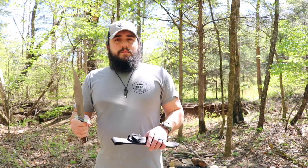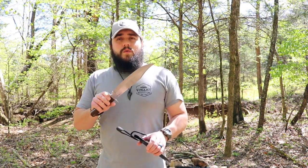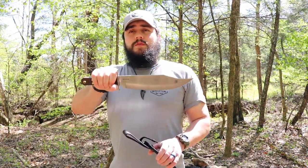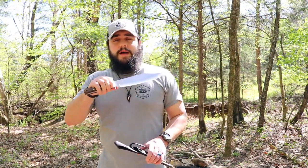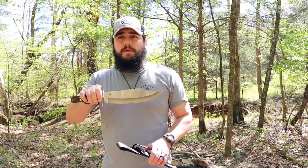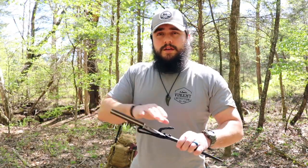So this is the Undertaker Bowie. This is one piece by Condor that I have really wanted to try out so far, and also from reviews I've seen online, this knife is loved by a lot of outdoorsmen and people who get it for bushcraft type uses. So really great reviews online,